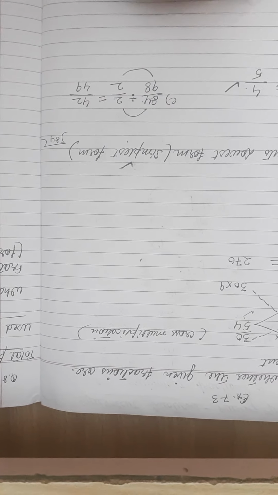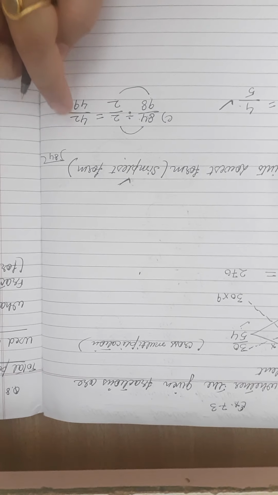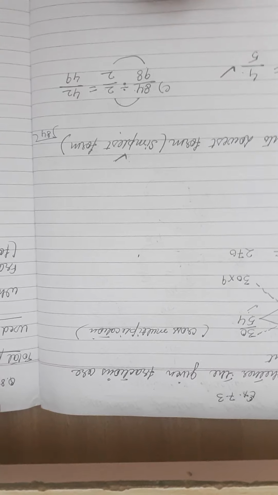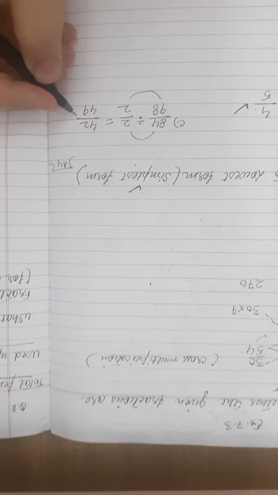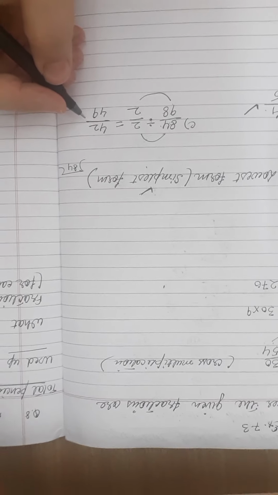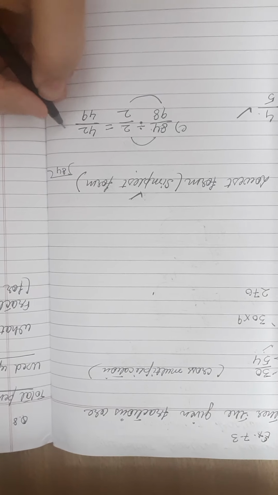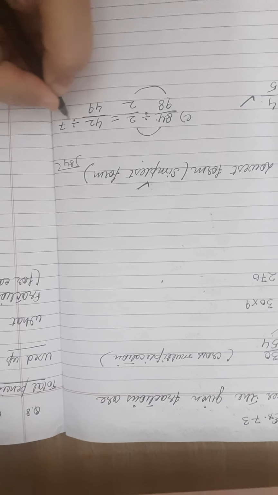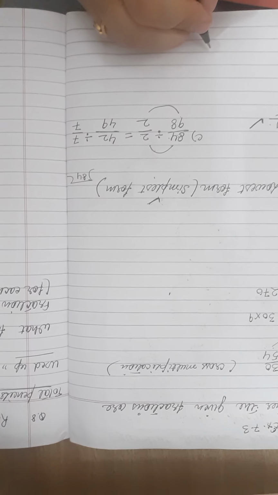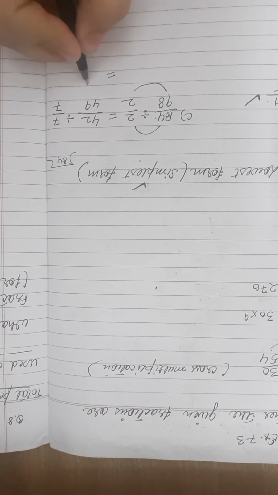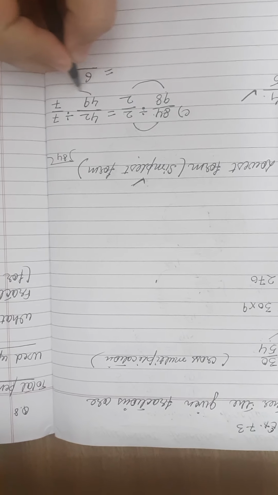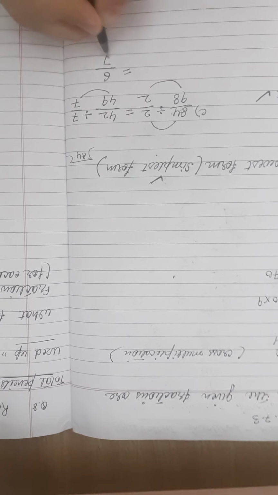49. Now I think it is easier to check in which table 42 and 49 come. Check. Are the numbers coming in the table of 6, 7, 5? Check in your mind. I think both the numbers are coming in the table of 7. 42 divided by 7, that would be 6. 49 divided by 7, that would be 7.